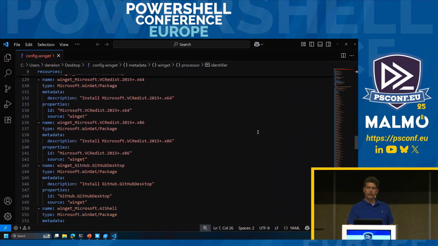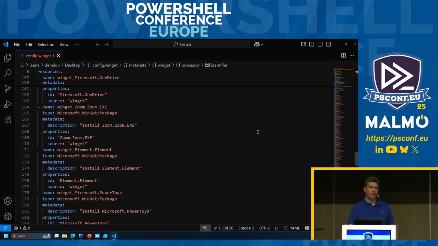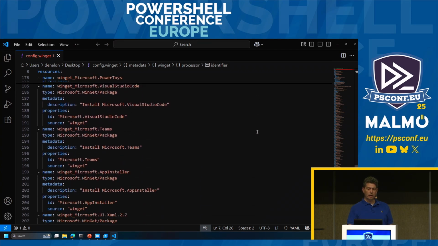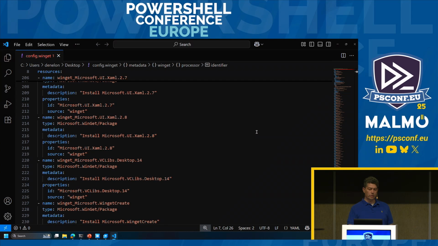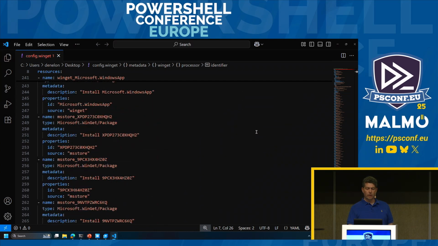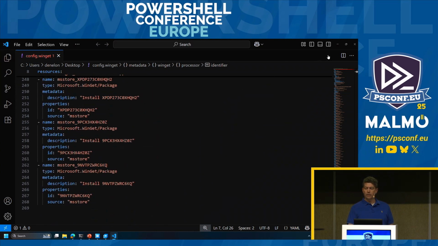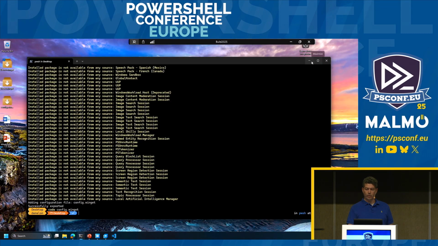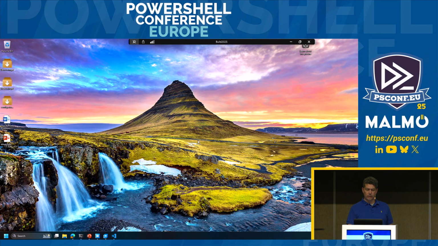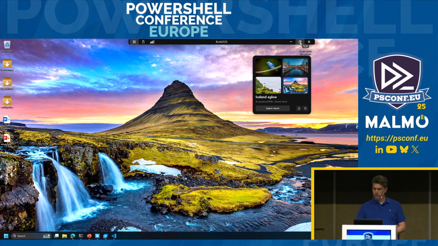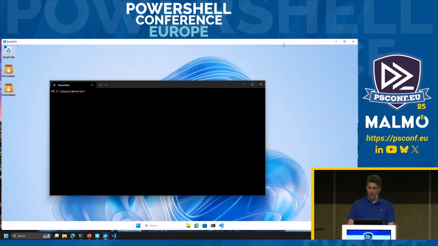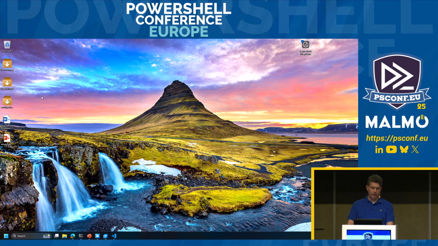So Winget literally has captured the current state of my device based on the Windows settings module and all of the v3 resources that are on the system. So I can literally just take this thing, copy it over to another system and run it over there. So hopefully the build machine is going to let me log into it. Here we go. So let me copy the configuration file.